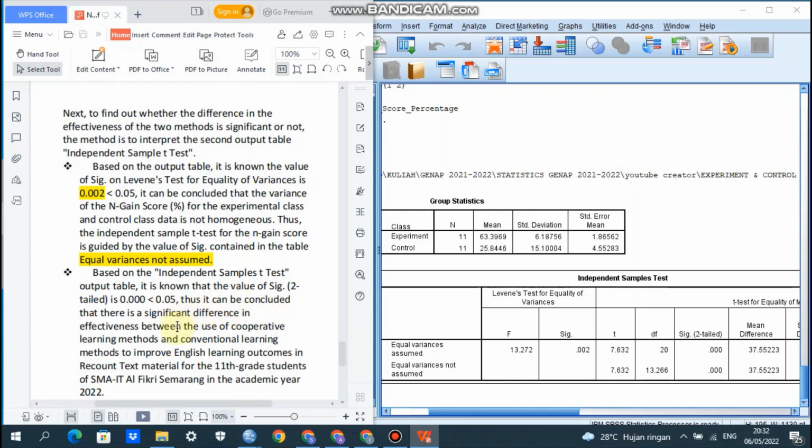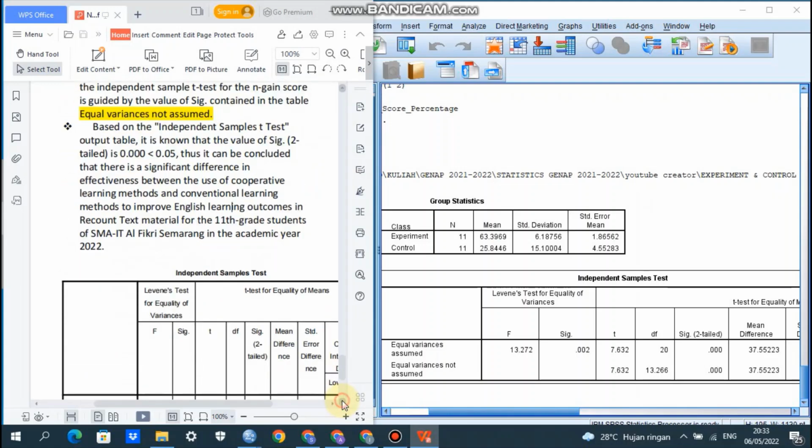Thus, it can be concluded that there is a significant difference in effectiveness between the use of cooperative learning methods and conventional learning methods to improve English learning outcomes in recount text material for the 11th grade students of SMAIT Alfikri Semarang in the academic year 2022.